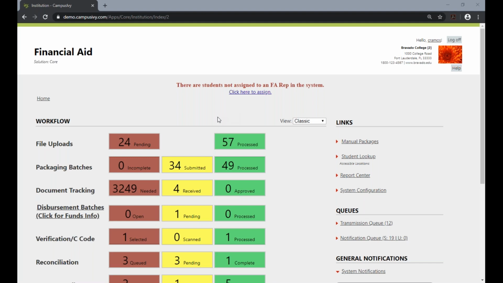So as soon as you log on to your environment on the workflow page, you're going to see a link section, and just below that is a link for manual packages. So you would click on that,